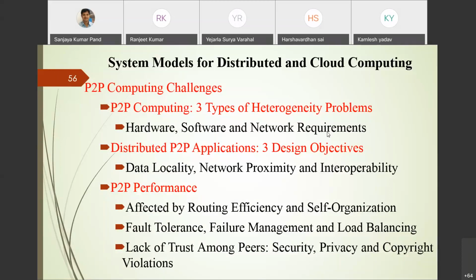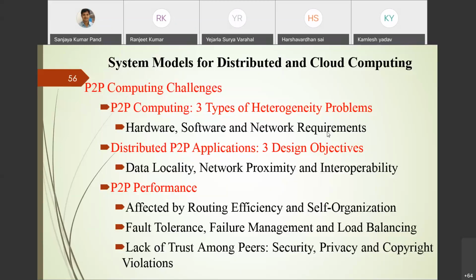Now in cloud also, people are asking when the service level agreement will be standardized. Once the service level agreement, the protocol and standards used by each and every cloud service provider are standardized, what benefit will you get? You can switch from one cloud service provider to another. Otherwise, the formats used by one cloud service provider are different from another service provider, so you cannot switch from one CSP to another.